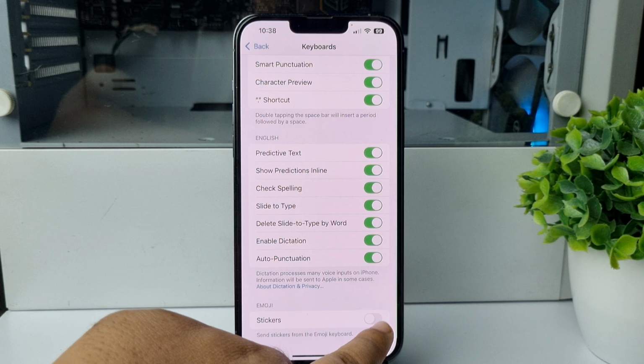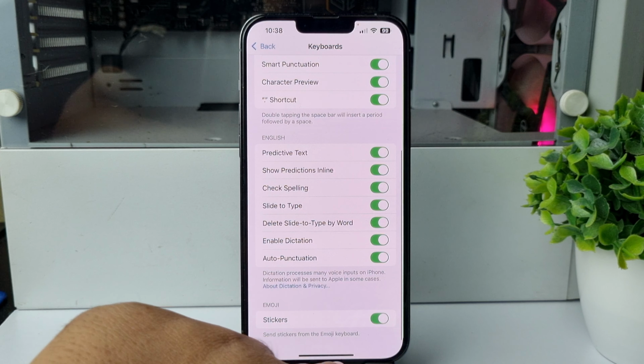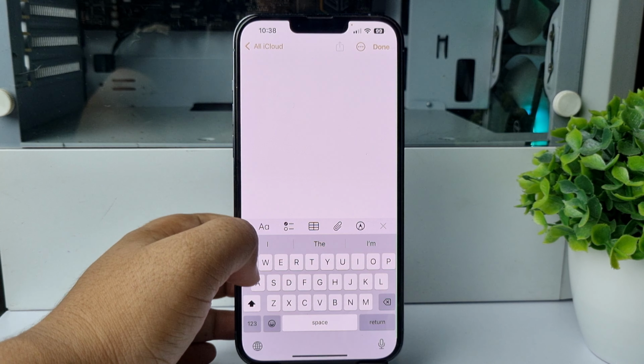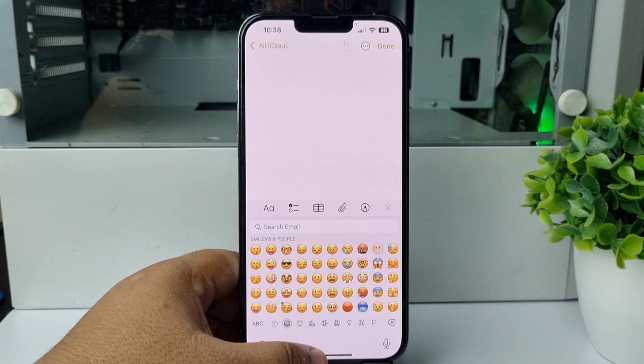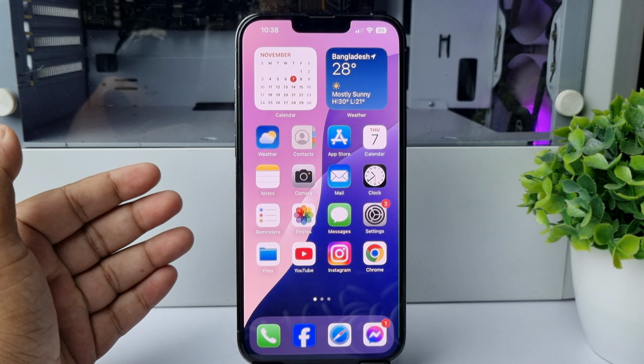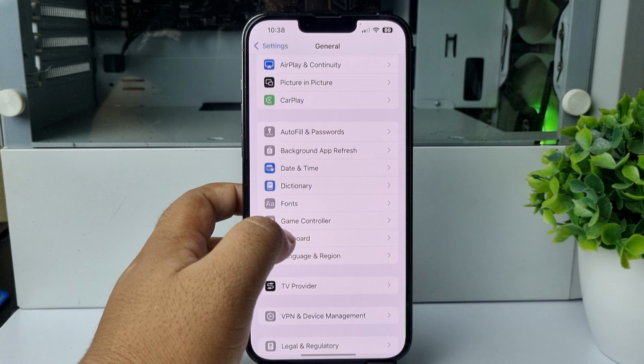So make sure to turn on these emoji stickers here and then go to your keyboard and check the issue. If you see this emoji option is still missing in your keyboard, then go to settings again and go to